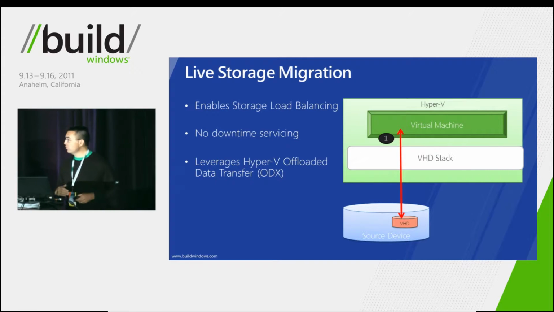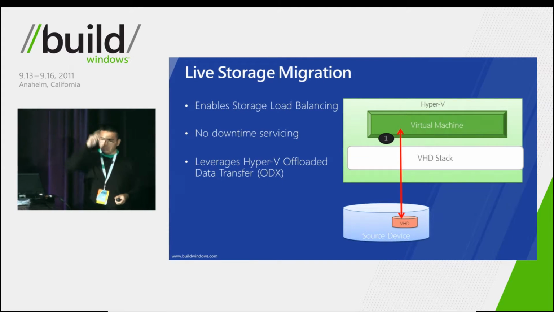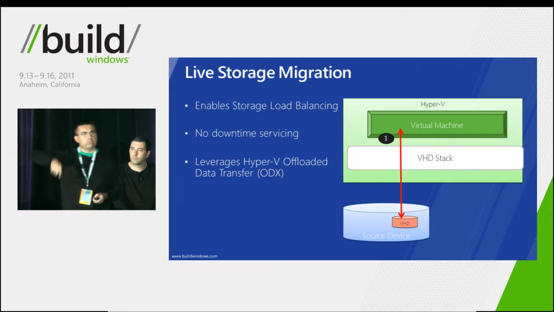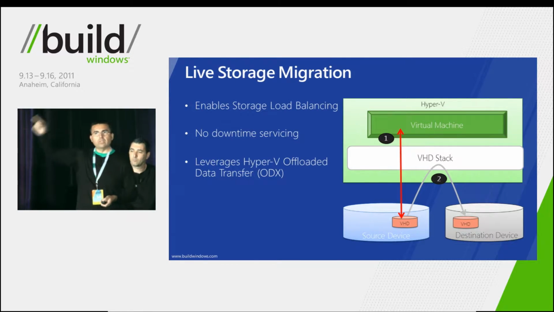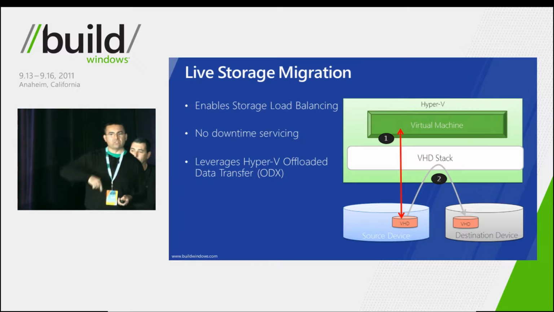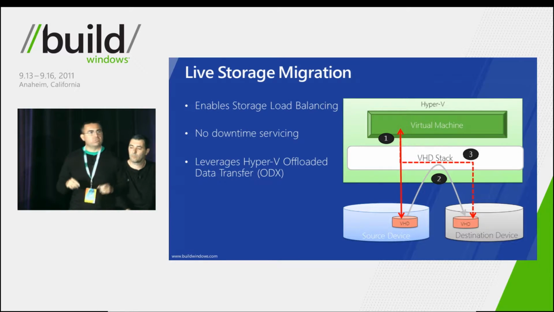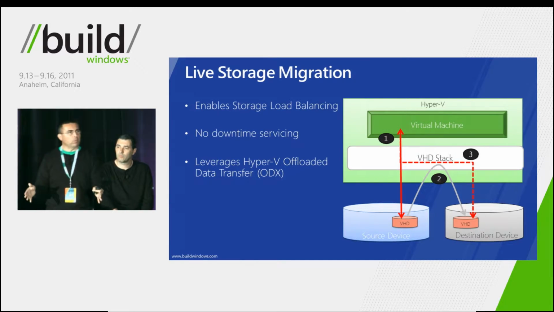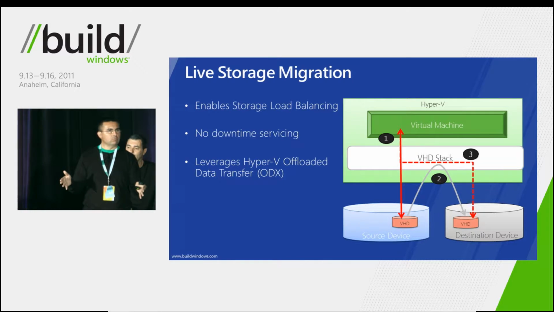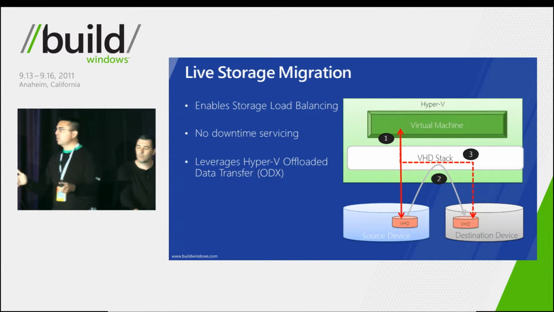So how does live storage migration work? Well, number one, you've got the virtual machine reading and writing to disk. Number two, I want to move it to the destination disk. So what we start doing is we start copying that VHD to the destination disk. Then step three is we actually begin I/O mirroring. So all writes happen to both disks. And the goal here is to bring both disks into synchronization. Once they become in sync, I can now,